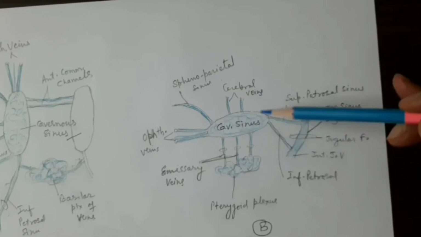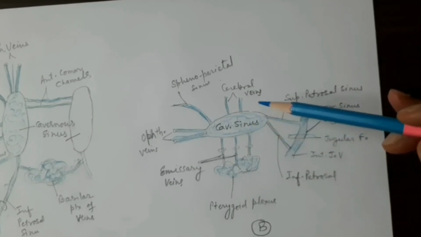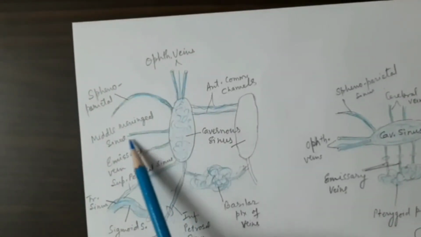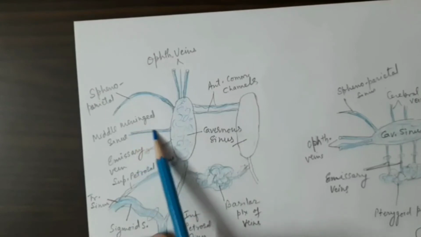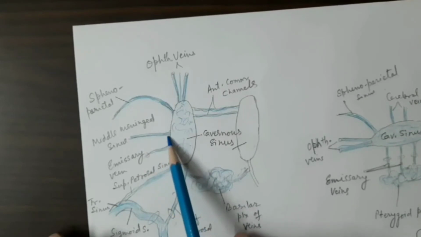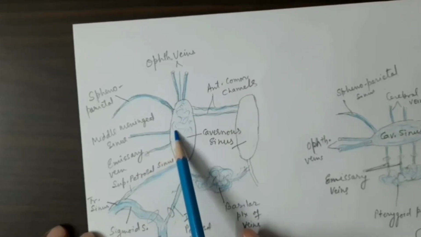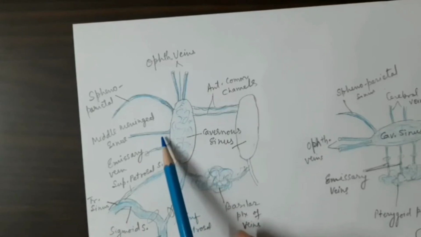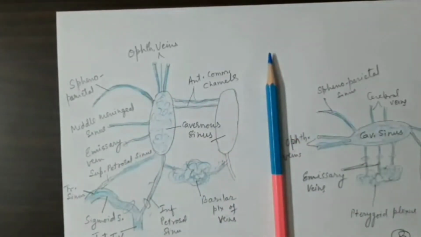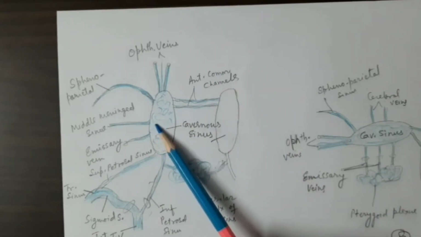Now the blood will also come from the middle meningeal vein, and you can see here the middle meningeal vein, which will come through the foramina. This foramina, which is situated on the base, is the foramen spinosum, through which the artery will come. It is not in the foramina. This middle meningeal vein is lying in the floor of the middle cranial fossa, running on the superficial surface of the middle meningeal artery, and this will bring the blood from the lateral side and will drain into the lateral wall of the cavernous sinus.